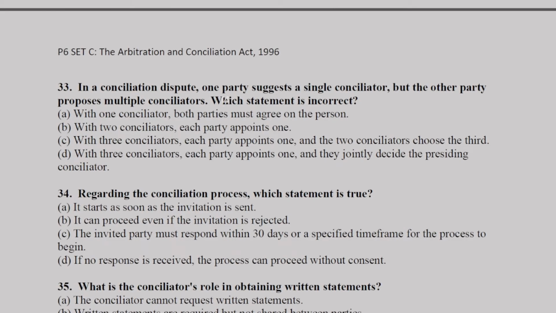In a conciliation dispute, one party suggests a single conciliator, but the other party proposes multiple conciliators. Which statement is incorrect? With one conciliator, both parties must agree on the person. With two conciliators, each party appoints one. With three conciliators, each party appoints one, and the two conciliators choose the third. No. With three conciliators, each party appoints one. Yes, and they jointly decide the presiding conciliator. So the answer should be